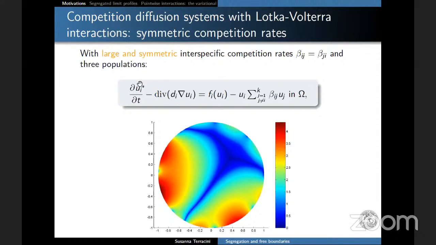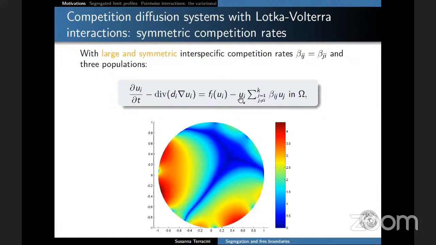Just to simplify things, we have some densities u_i which satisfy some reaction diffusion system with an interaction term that in this case is a quadratic polynomial in